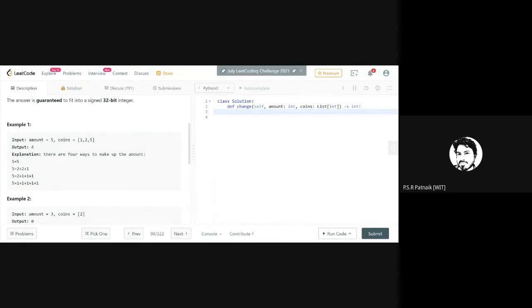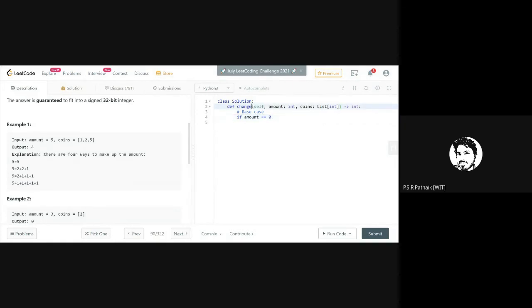So for the recursive one, let us use the same recursive logic which you have. The function will make this recursive call, so we will keep on doing that. Whenever you are in a recursion, what is the first thing you have to do? Base case. You always have to first figure out the base case. So what is the base case? What you need to check is if amount is equal to 0.